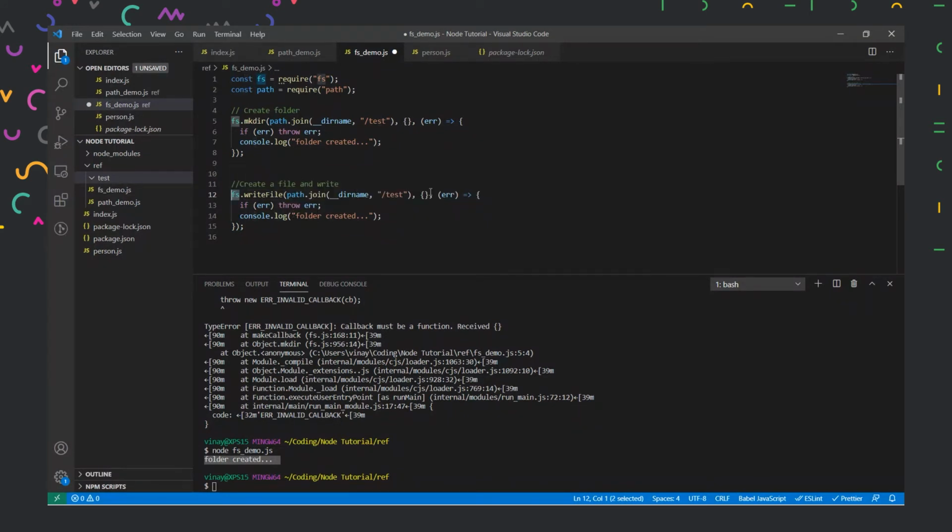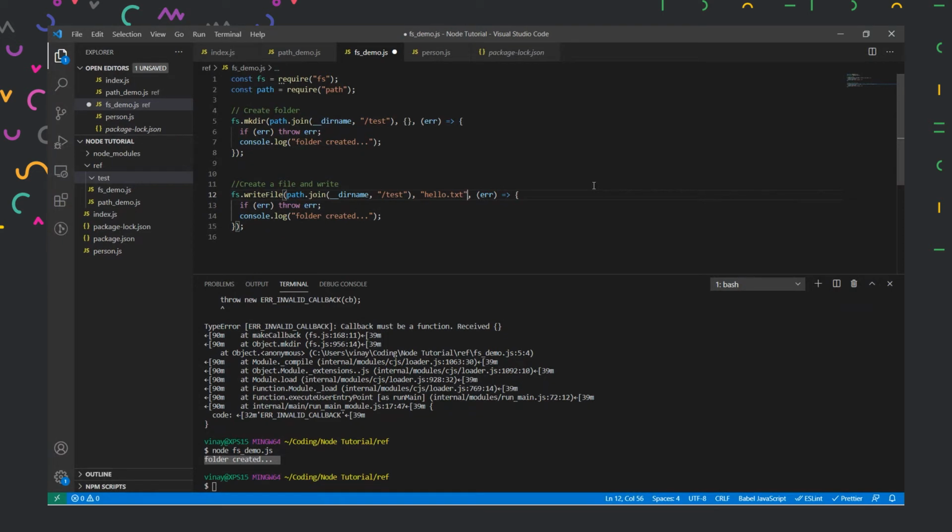So now we'll pass in the folder where we want to create our file, and then remember this empty object. This time we are going to pass in the file name we need over here. So let's type hello.txt over here as a string. And now the file name will be hello.txt.